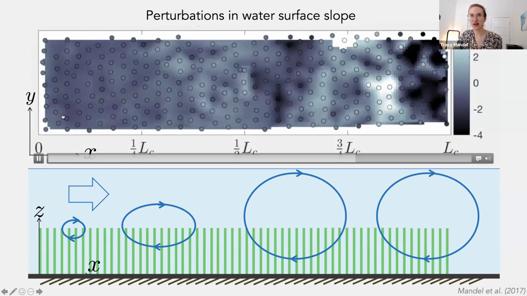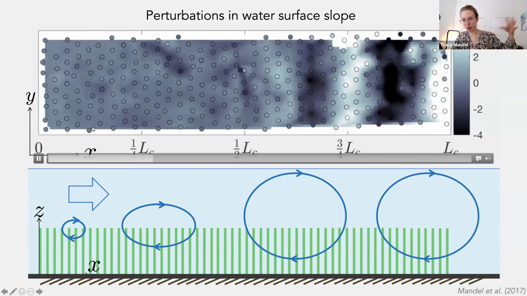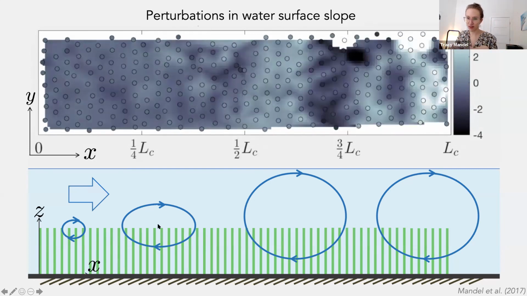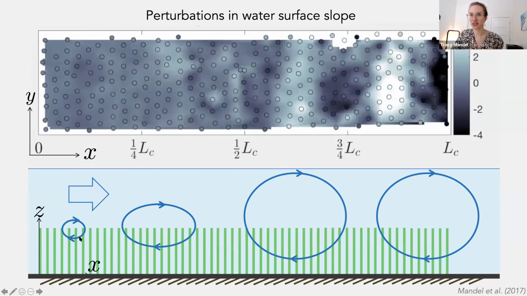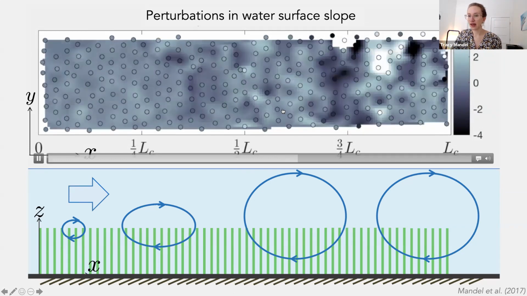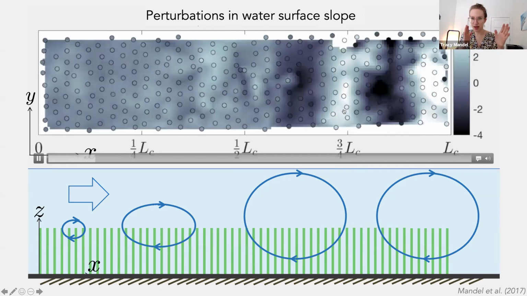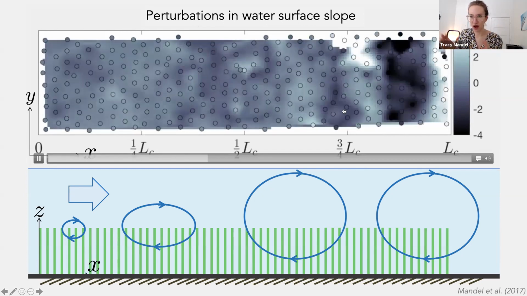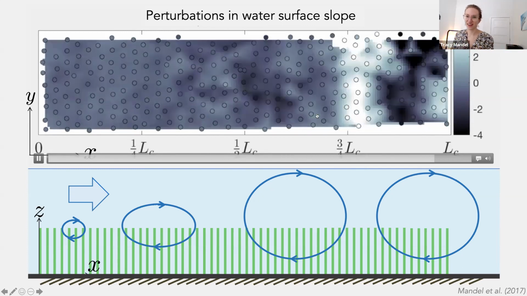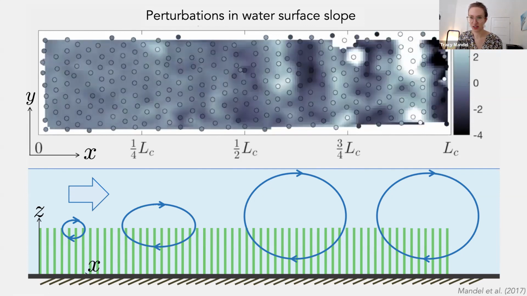And so you can see at the start, the leading edge where the flow is entering this model seagrass meadow, these vortex structures are still evolving. They're very small. The flow is still adjusting to the presence of some resistance to the flow. And then by the end of that canopy, we can see these bands of light and dark, which are showing positive and negative surface slope. It kind of looks like a wave train or something, but it has very different characteristics from surface waves that you'd see in the ocean.